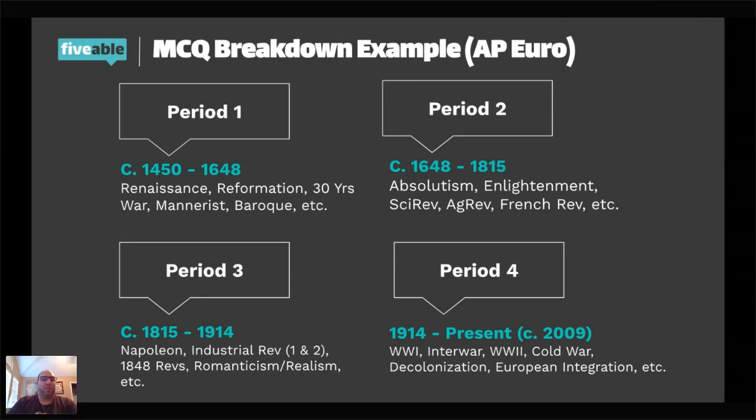But more importantly, what I put here is you see all the different topics. Notice that it has that etc. That's because every time period you have in history, there are so many things that they can draw from. But there's only so much time that they can devote to that part of the test. So for example, in time period 1, we've got Renaissance, Reformation, 30 Years' War, Mannerist art, Renaissance art, Baroque art. You've got the beginnings of the scientific revolution, the beginnings of the Enlightenment, the beginnings of absolutism. They can't ask you all those questions in 13 questions. It's just not enough print space.